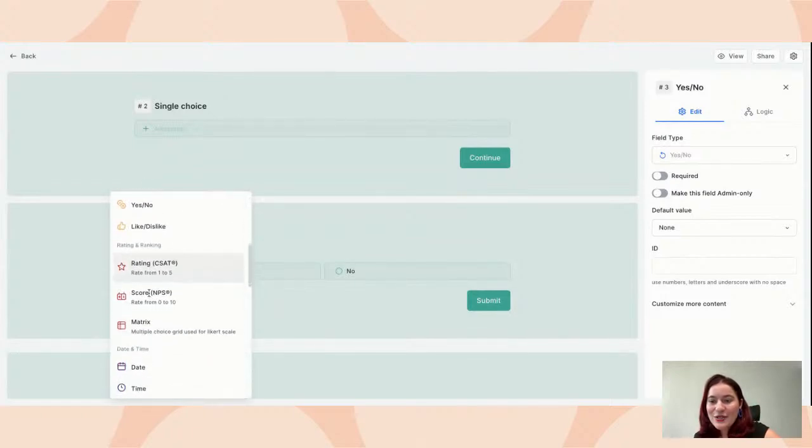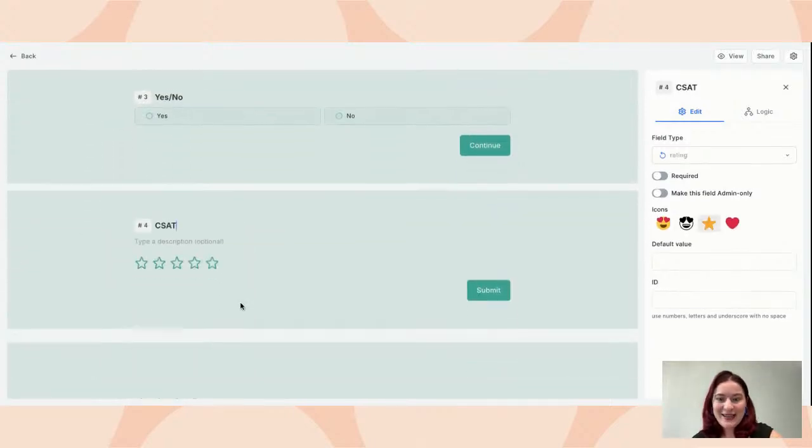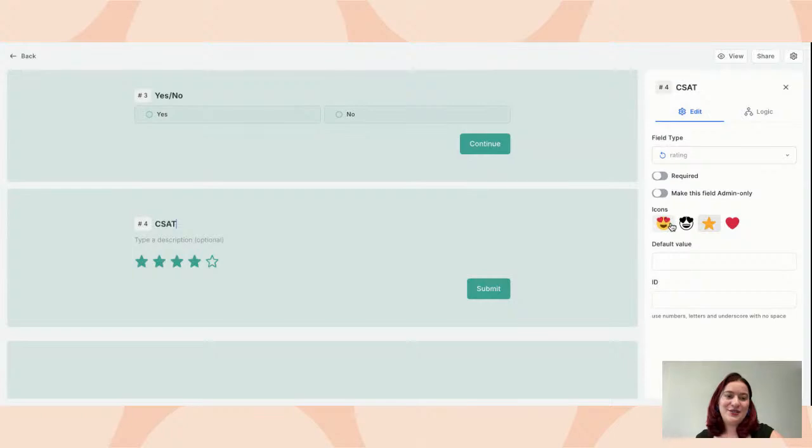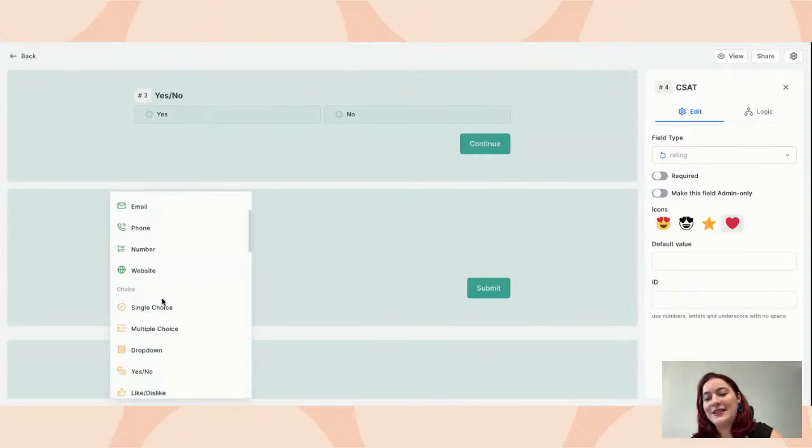Then we move on to the rating and ranking, and these are very popular. For example, CSAT field. Once we add it, you have different options. You can have emojis, you can have black and white emojis, and you can have hearts. So if you want to ask your users to rate something and how they feel about it, you should use CSAT field. It's going to make it a lot easier.